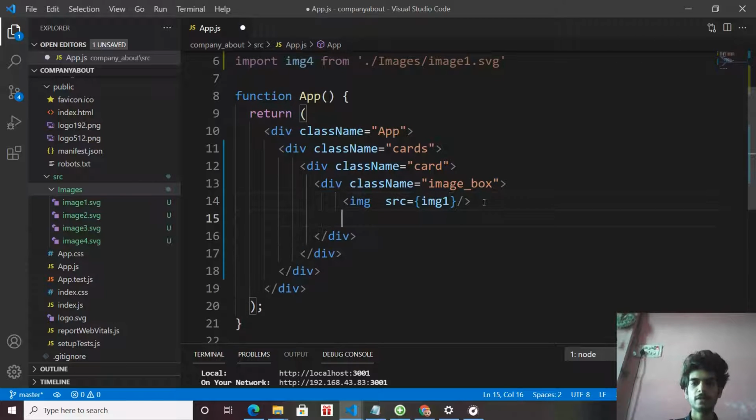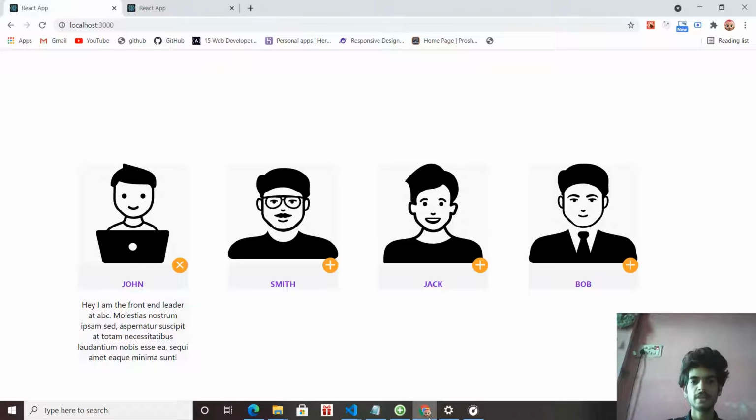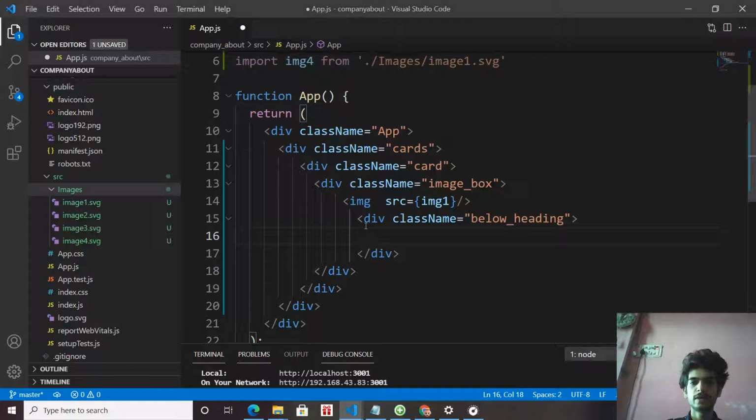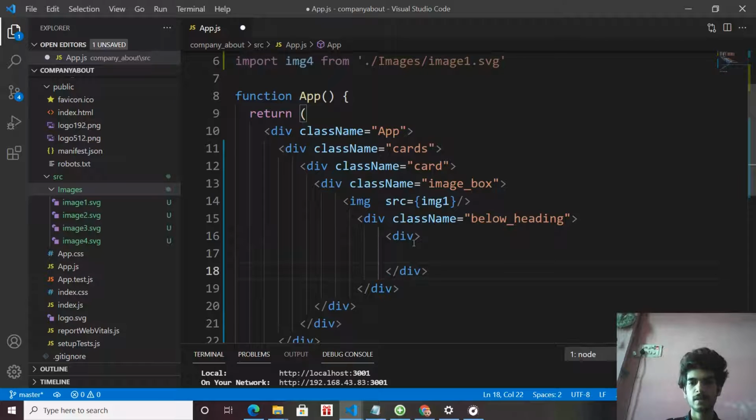Below the image we have a div with the class name below heading, and this below heading div is going to contain the name and the plus and cross icon logo. See, in the final image this below heading has a text and a logo. So first make the logo: create a div and give it a class name.